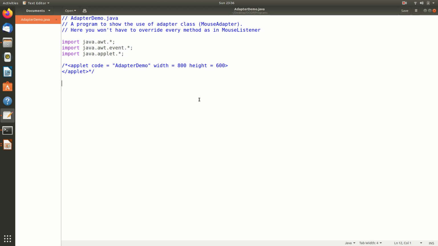So our aim is clear. First we need to create an applet, and then we need to make it an adapter class. So I will make a public class called adapter demo, and this has to be an applet. That means it has to extend from applet. And now we have to make this an adapter class also, that is the mouse adapter class. So if we were able to do something like this,